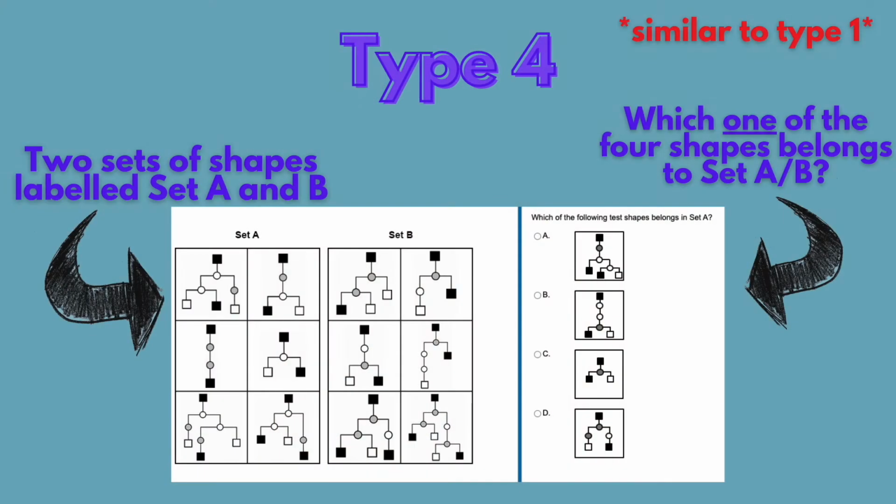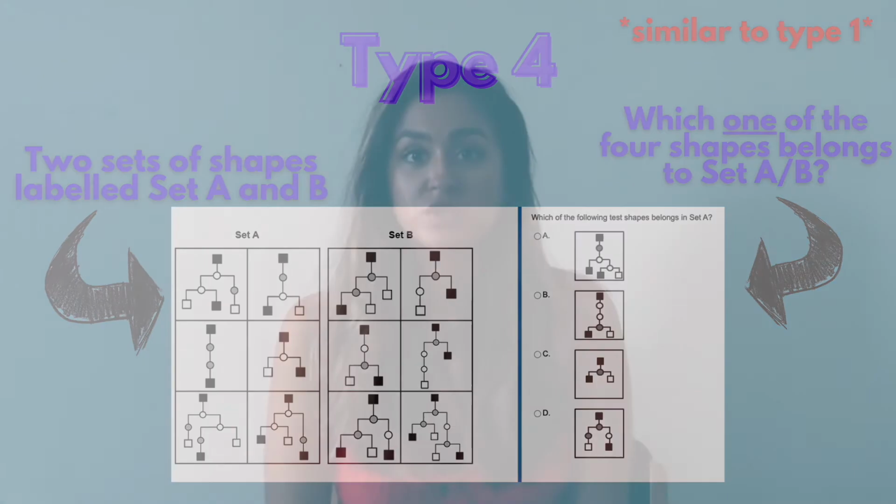So guys, finally we're on question type 4 of abstract reasoning. Now this is ever so slightly different to type 1, but very much similar. The question will say, which of these boxes belongs to set A? And then you've got to select one that fits A or B. They will guide you to which one they want you to focus on. So it's different to type 1, which says which category does this picture belong to. In type 4 questions you get options of pictures.